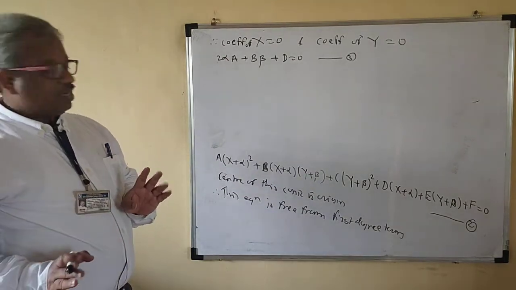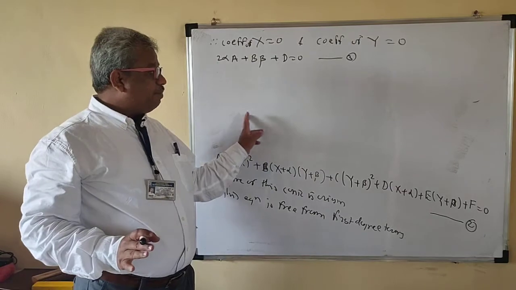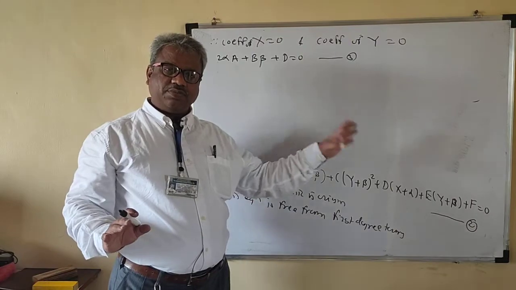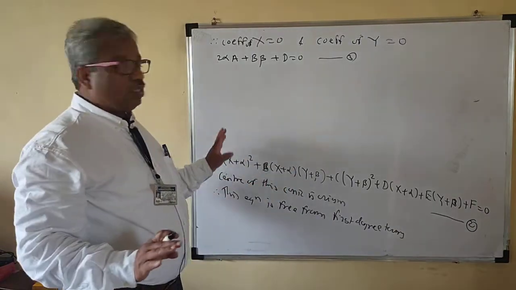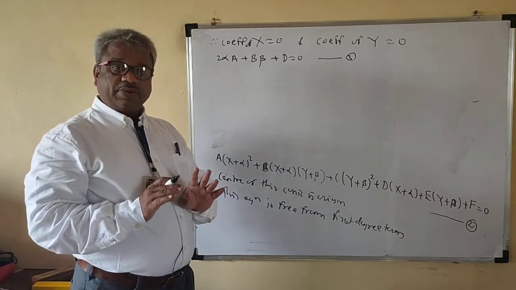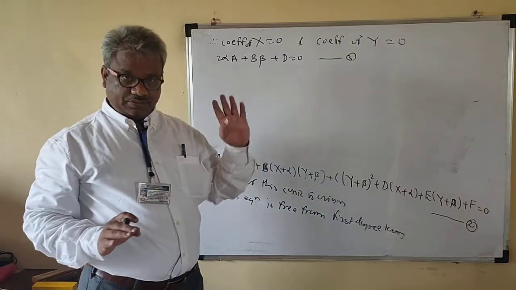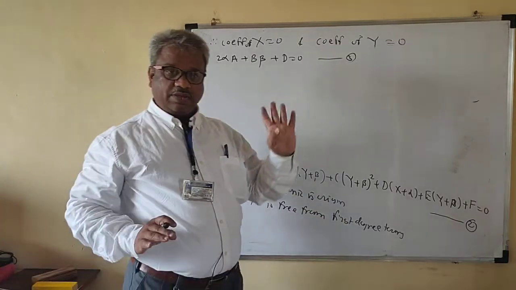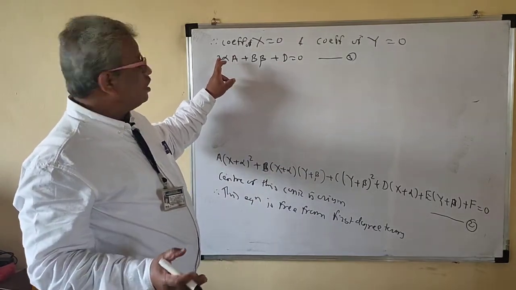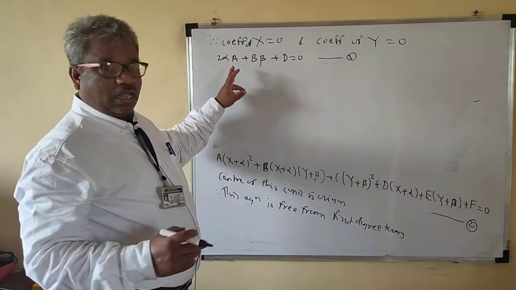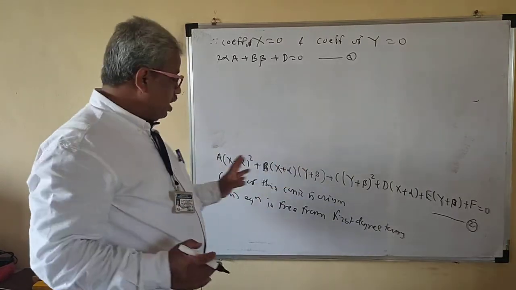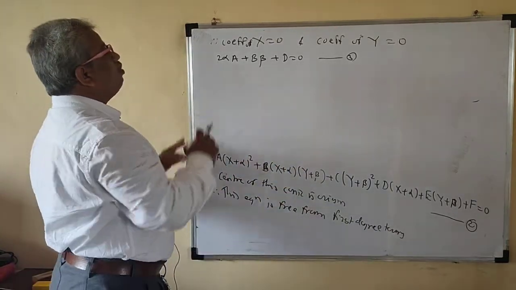I want to find alpha and beta. The values of a, b, c, d, e, f are known because the equation is provided to you. Only alpha and beta are unknown, so we want two equations in terms of alpha and beta that involve the coefficients a, b, c, d, e, f.